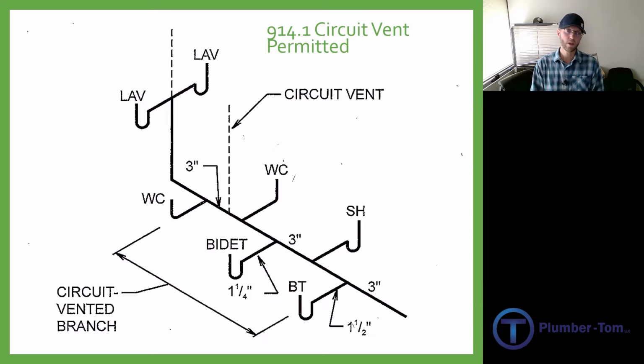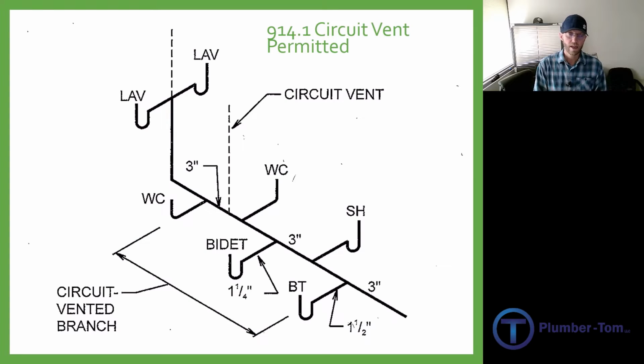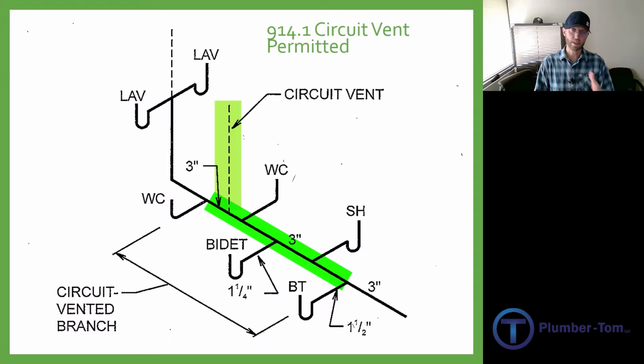So what do we do? Well, now we look at this a little bit differently. We've got a common vent at the top with 2 lavs, but then starting at the toilet, we have a horizontal branch, and we consider this a circuit. And we're going to use a circuit vent between the 2 upstream fixtures. That would be the toilets. Run a dry vent off the top of that, and now all of those fixtures from the toilet down to